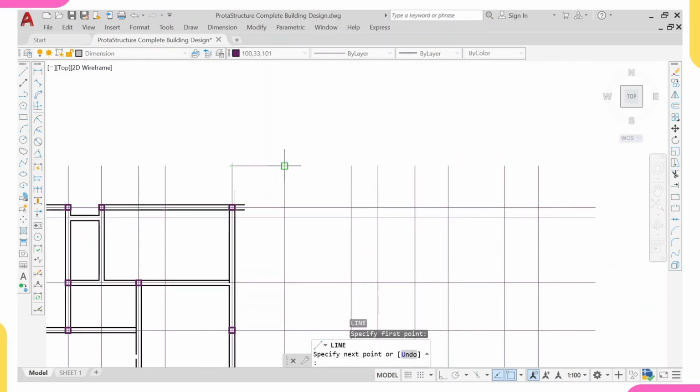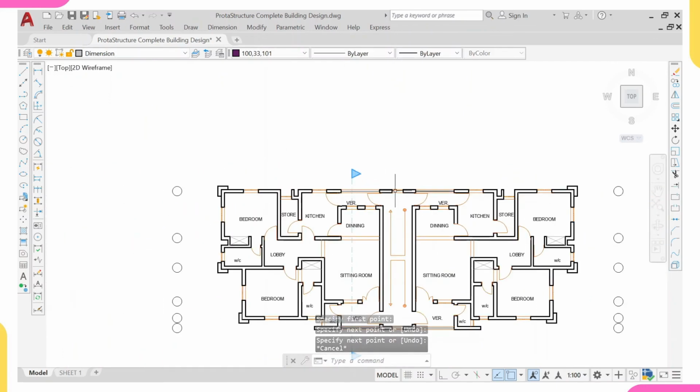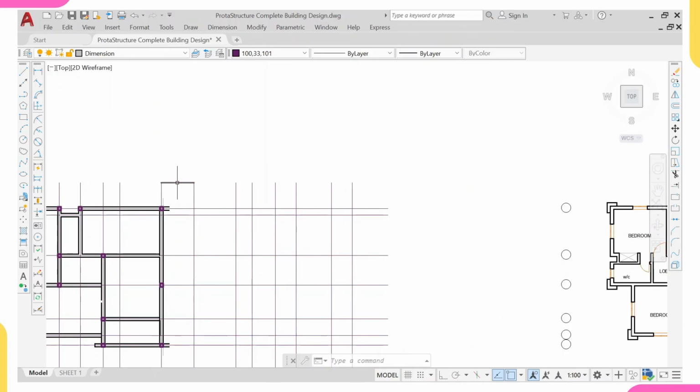I'll click on L, enter. So from here to here should be my base point. Remember, look at this whole building. Remember I told you it's symmetrical. So the center of this whole line should be within this staircase. It should be the center of this staircase. So look at it, this thing I did now, I'll be able to locate the center of this staircase